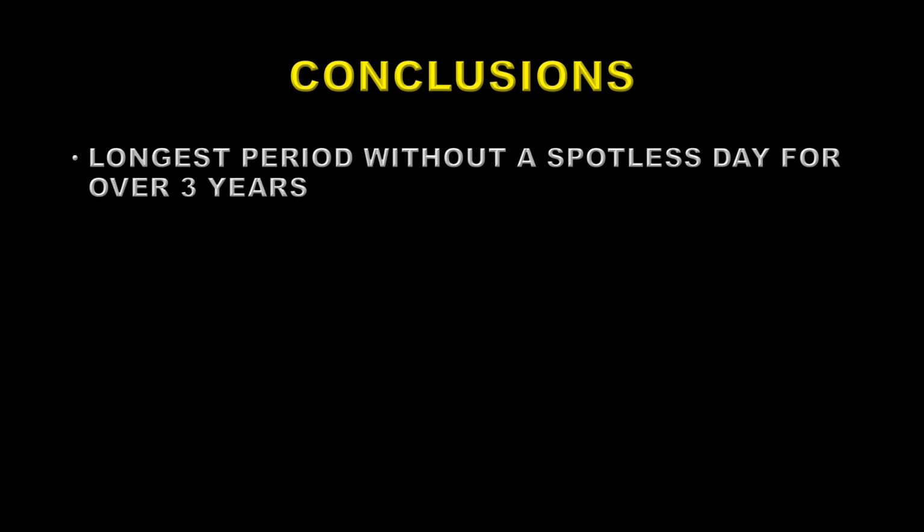So what conclusions can we draw from all of this? Well, first of all, solar cycle 25 is well underway, and it seems to be moving along a lot faster than solar cycle 24, which probably means it's going to be a larger cycle. We just had the longest period without a spotless day for the last 3.5 years. The CME rate is increasing quite quickly,